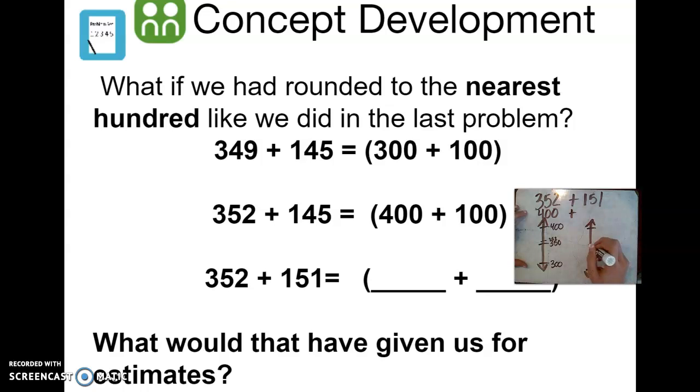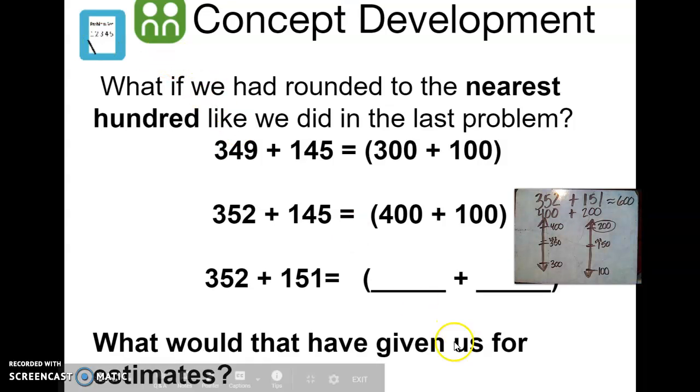Hopefully you paused and did these on your own. My closest hundreds are 100 and 200. My midpoint is 150. My answer goes like right there, right above 151, which means it's closest to 200, which means this is about